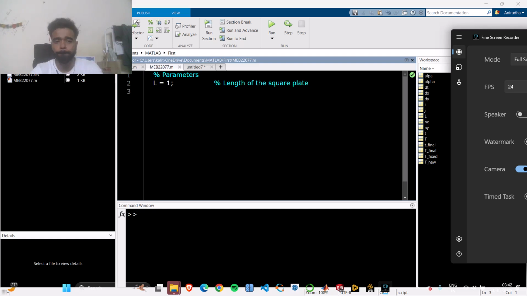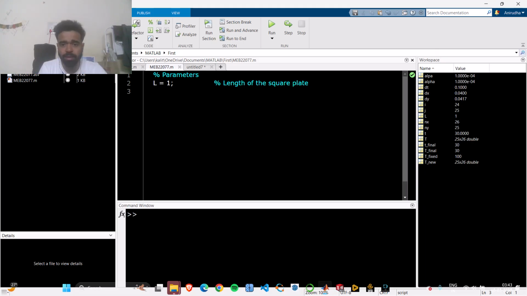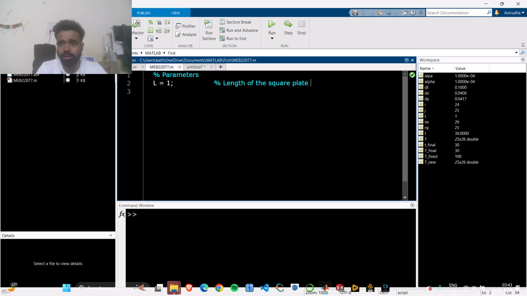We are writing the code here. At first I will define the parameters. So I'm adding a comment, percentage parameters, and defining L equals 1, which I have defined as the length of the square plate. After defining this, let's define another parameter as